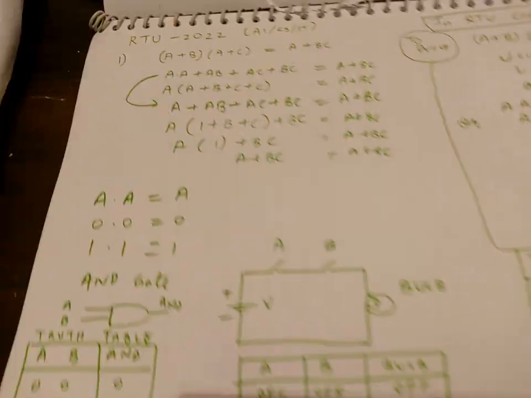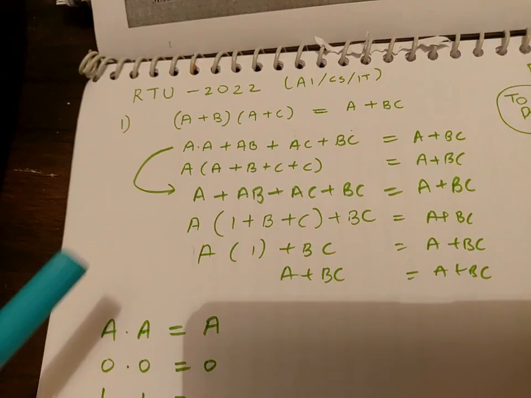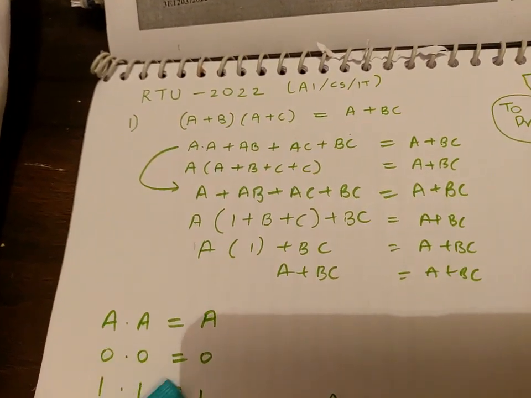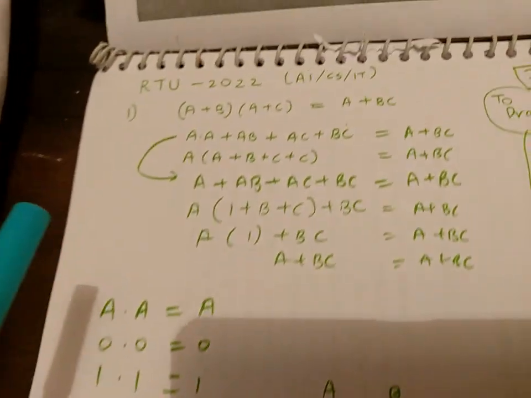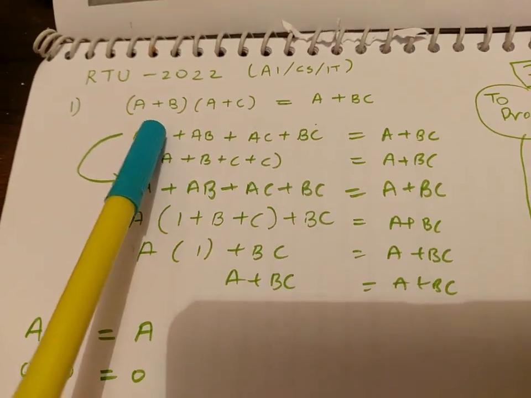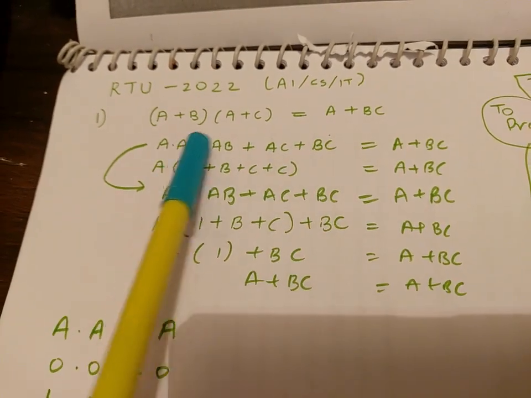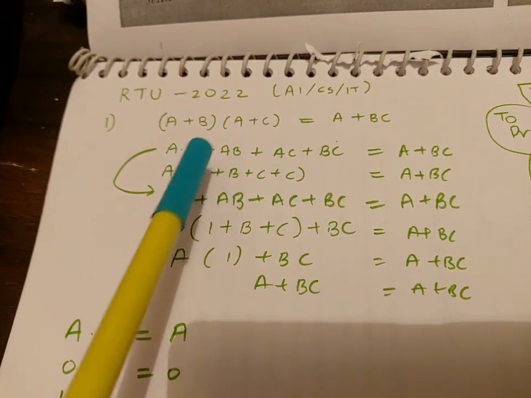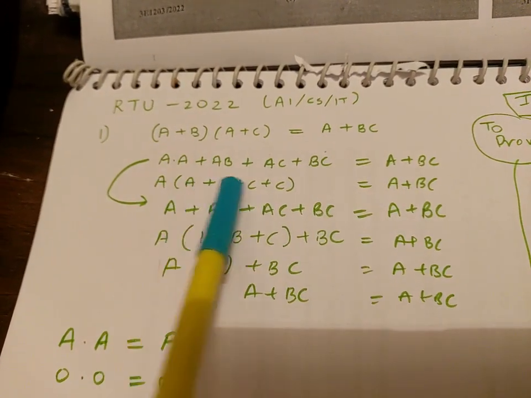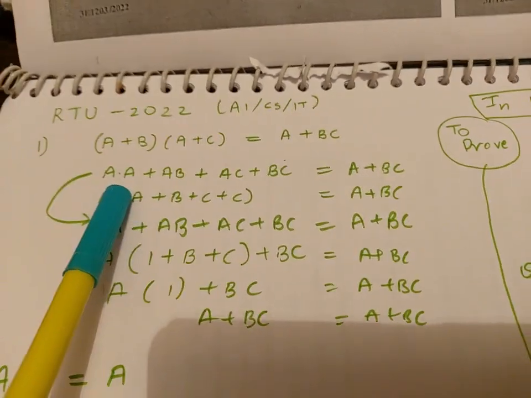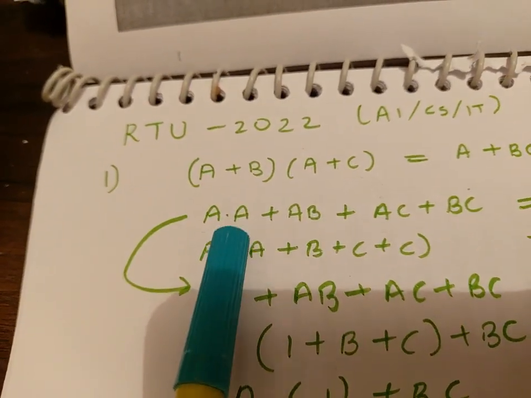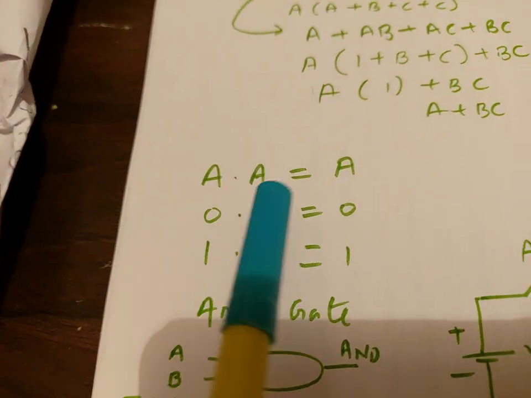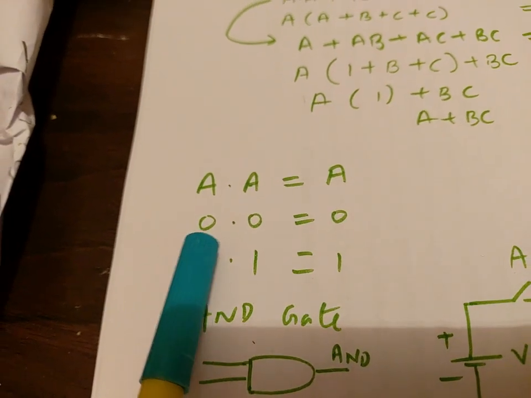Now if you are not happy with the solution, you can solve and then give reasons also. So the reasons are these, that first let us develop the need for the reason. When we try to solve this problem starting from here, we operate the brackets, and then after operating the brackets you end up with two literals ANDed with each other. What do they mean? So what they mean is that A ANDed with A gives A, because 0 ANDed with